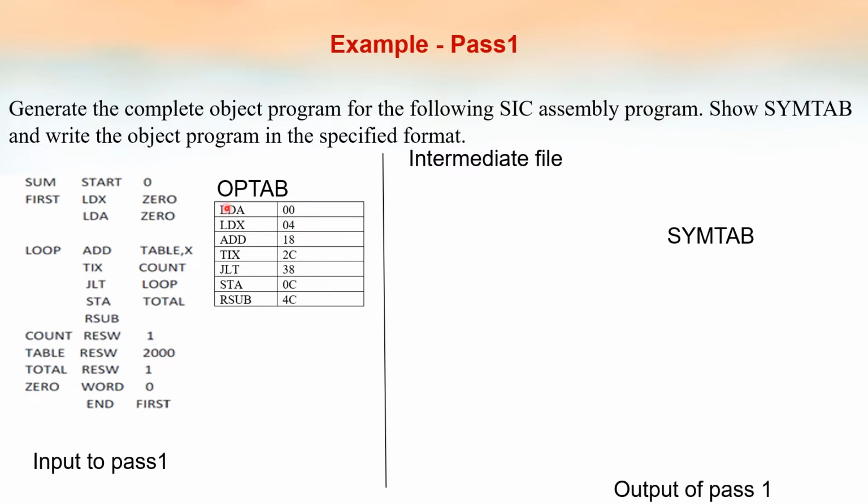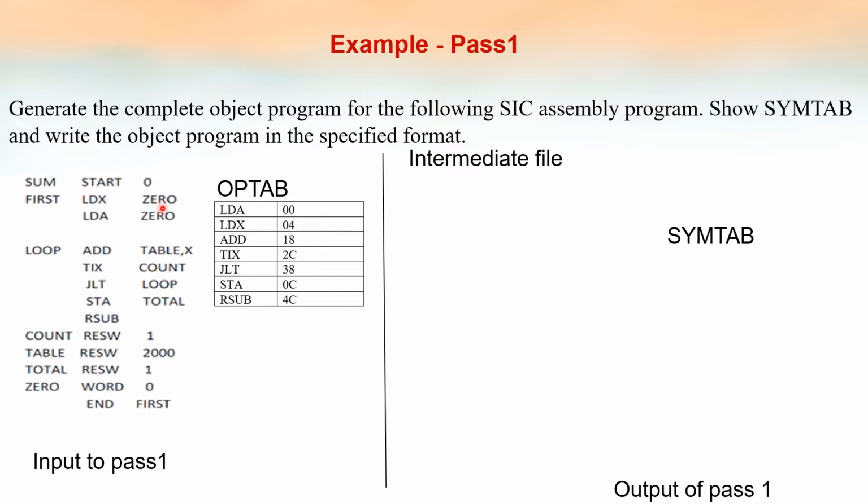So in this question, whatever opcodes are used in this program, the value of that is given. All the opcodes in SIC will be having a fixed value like this. So this LDX value we can get from this table, 04. So I will write 04 here.